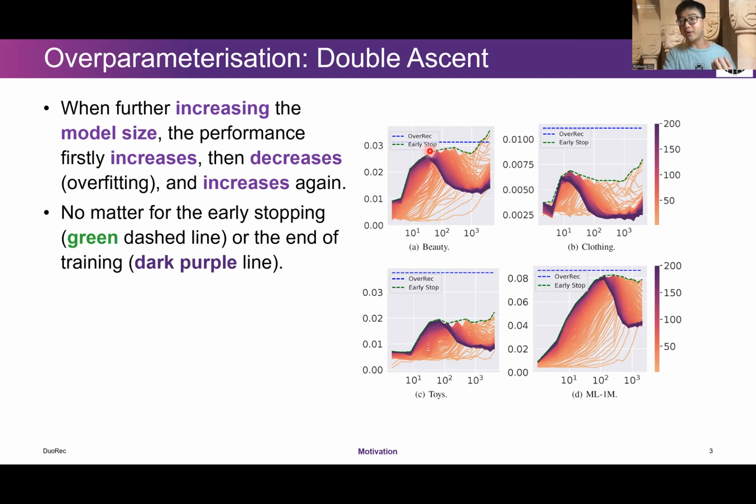It will first increase, then decrease, then increase again. We call this phenomenon a double ascent. It will ascend first, then descend and ascend again.